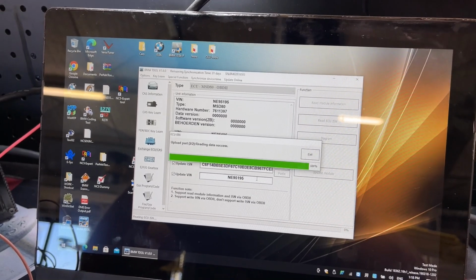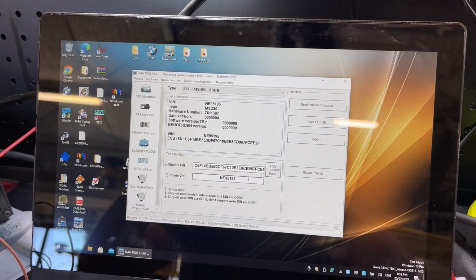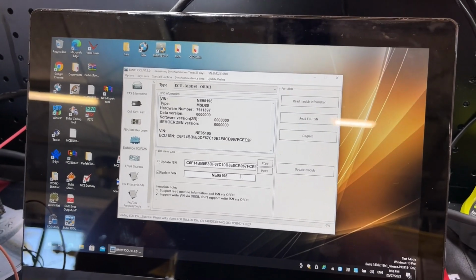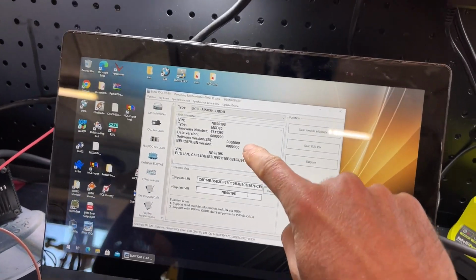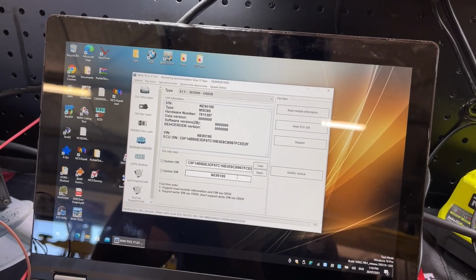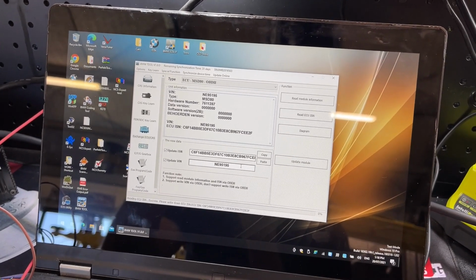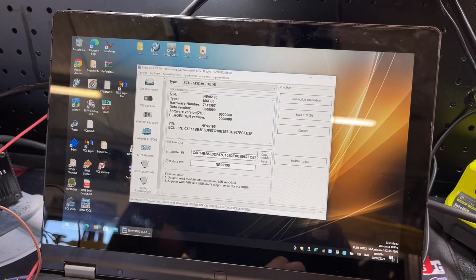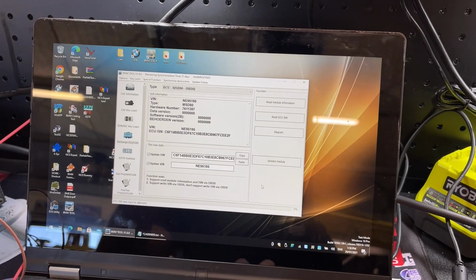Is she gonna be good? It is. Okay, so it has read the ISN, but we've still got no software version or data version. So that's interesting, but we've got the ISN. What I might just do,